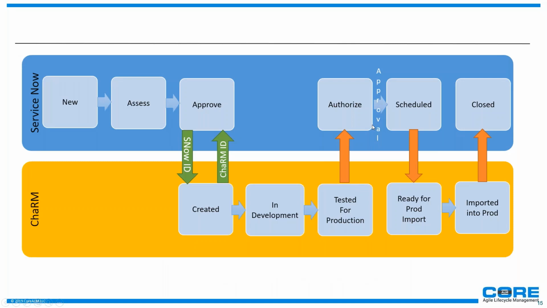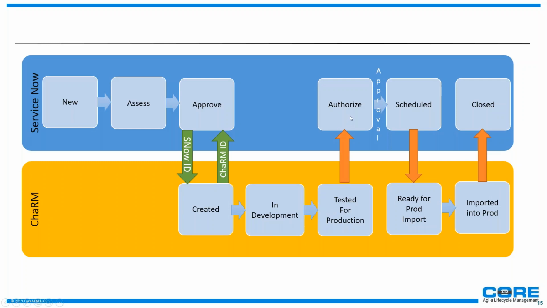Now, just to give you one workflow of how ServiceNow works with ChaRM in Solution Manager. An example is if you need to create a new change that's going to turn into a transportable change, we will need a ChaRM request or a ChaRM normal change to be created. It would go through the ServiceNow workflow all the way to approval. Once that ticket is approved in ServiceNow, it will create a ChaRM normal change in Solution Manager. Then we would go through the workflows of creating a transport, moving that transport to, for example, a QA environment,